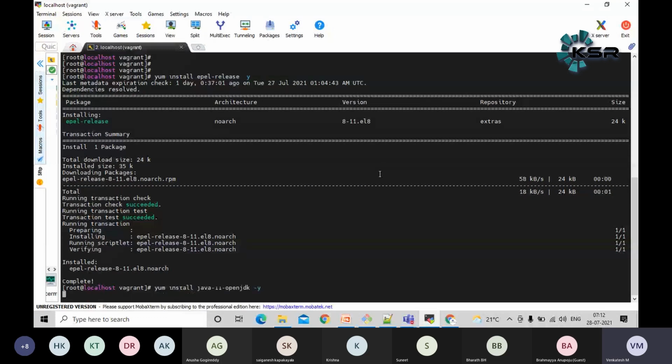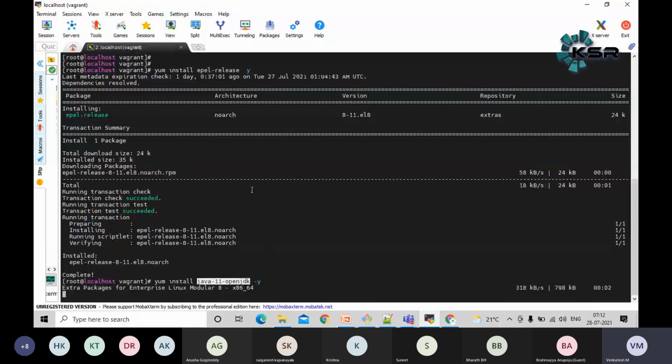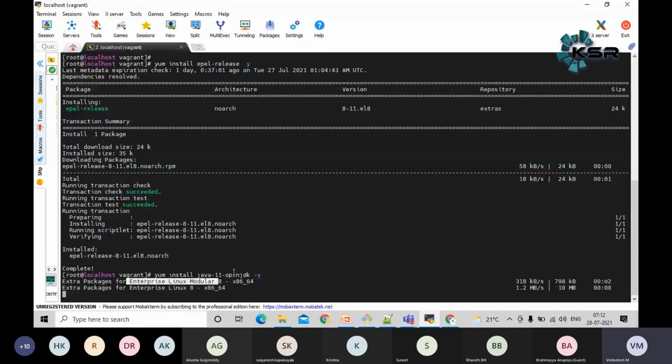So let's do it. When I'm trying to install this one, Java is trying to check all the available repositories, guys. First of all, if you can see here, this is one of the packages for Enterprise Linux. All these things it's trying to search are different repositories. It will search different repositories, and wherever this particular package is identified, it is going to install it.